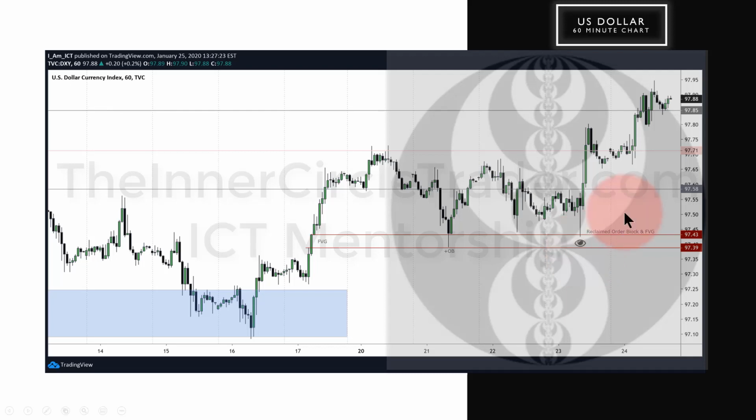So this is an example of reclaimed order block. I told you as it was happening in price action before it came to fruition. So again, it's not cherry picking. It's very clear visibility. Now, I know some of you are going to say, how did you know that? How did you know that it was going to do this? And how do you trust it?